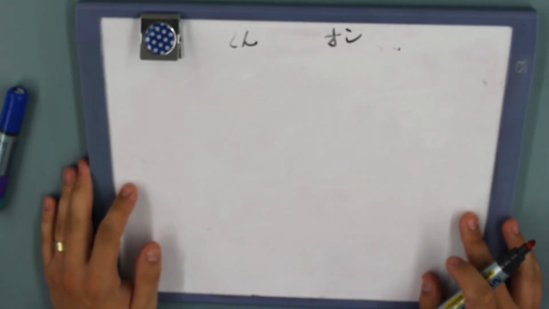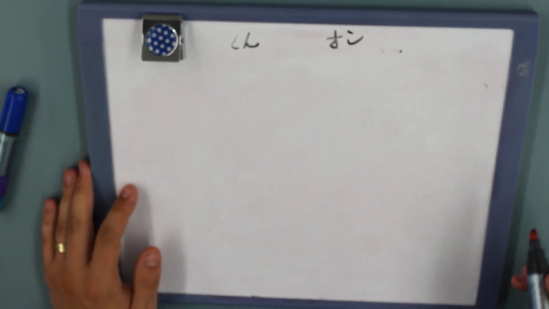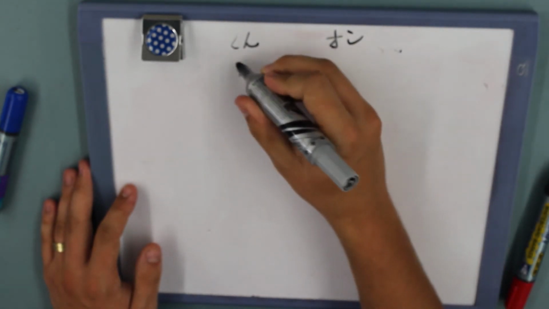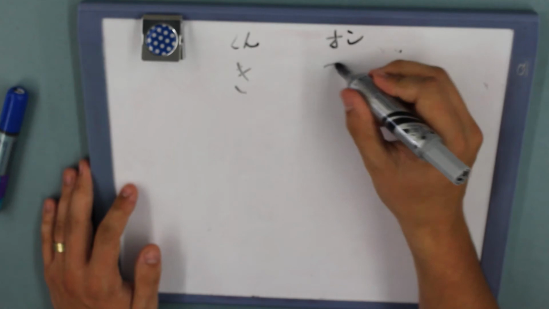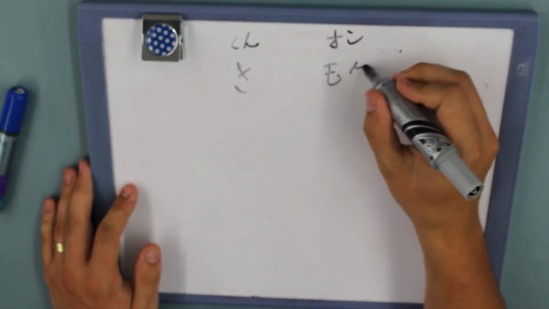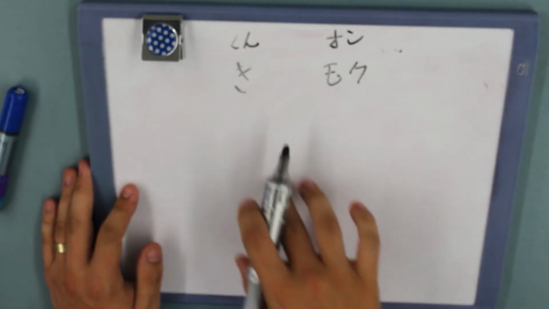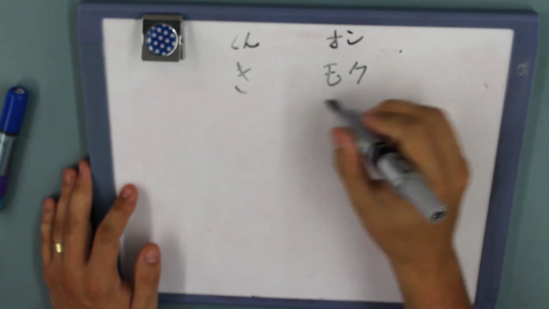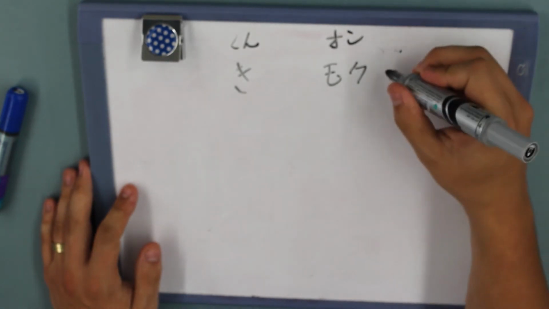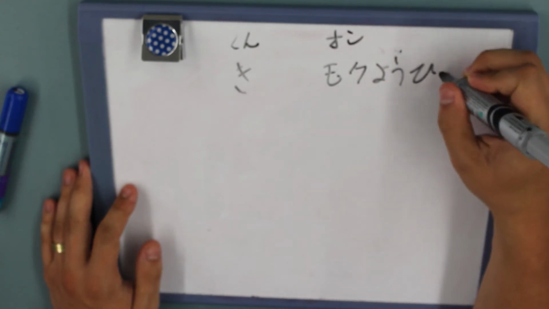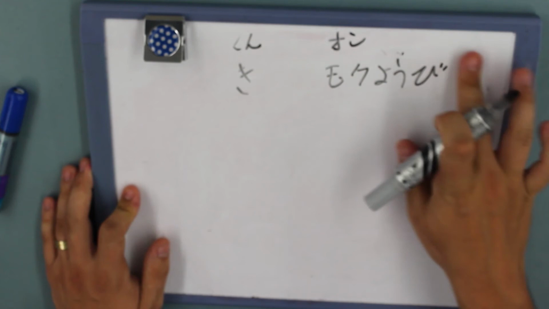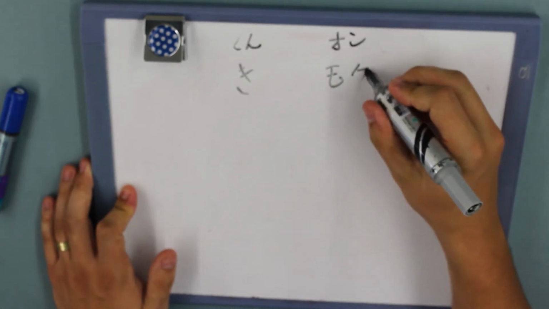The next kanji we have is the kanji for woods, which is pronounced as ki or moku. So mokuyobi, the day of the woods or the day of the trees. So we have ki as the kun reading because by itself it means tree, and moku as the on reading, as in mokuyobi, because it needs to be in combination with other kanji to work. So to write tree,